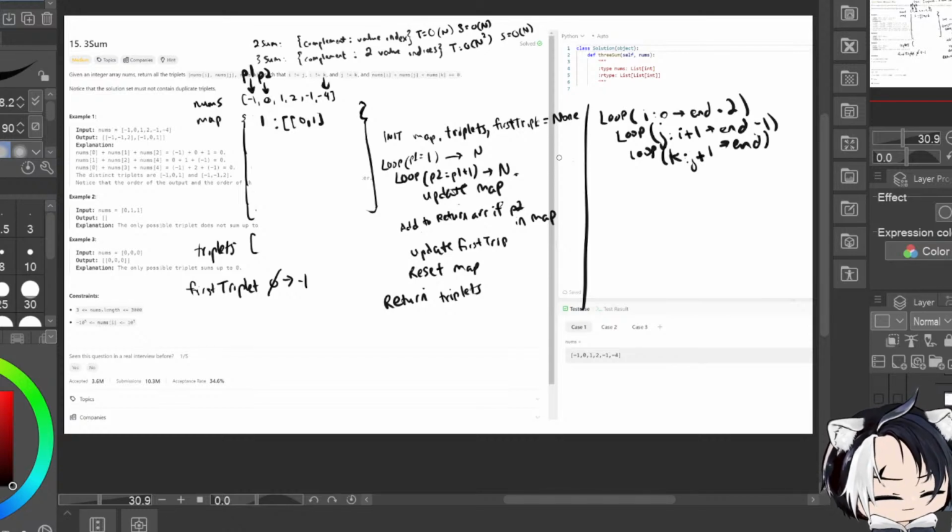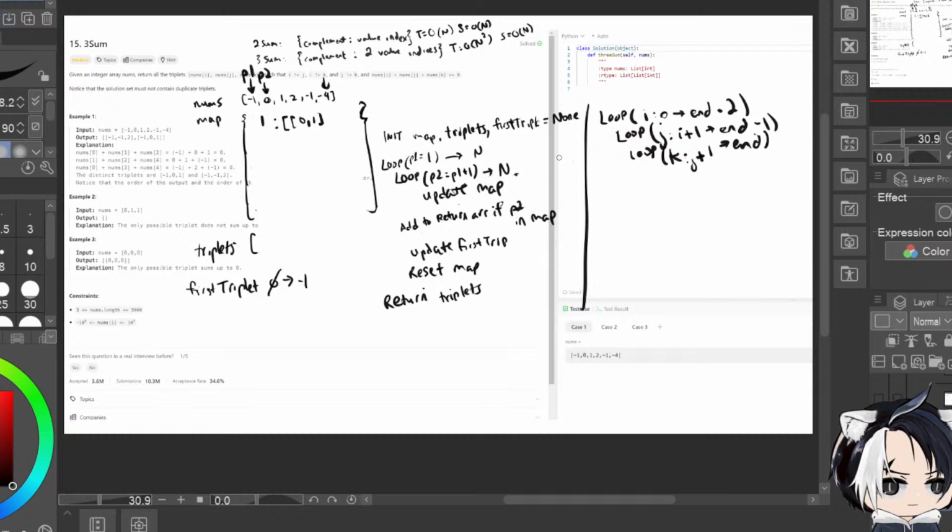Because I'm thinking, would it be possible to get a third pointer that we needed to populate everything first before the map before knowing? I don't think that would be possible. Yeah, that won't be possible